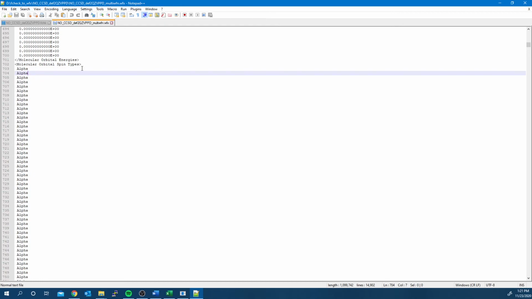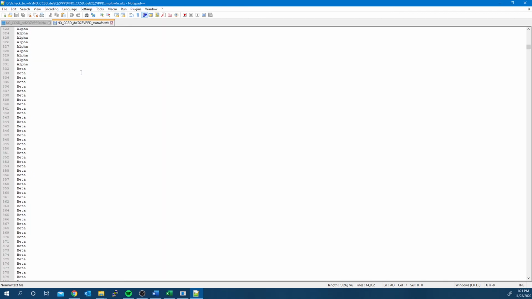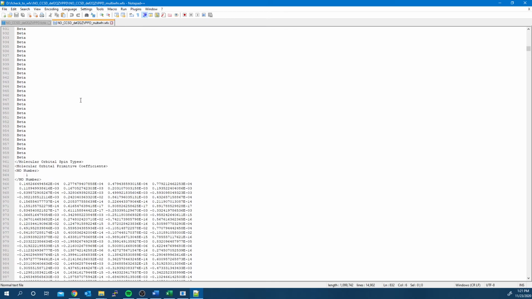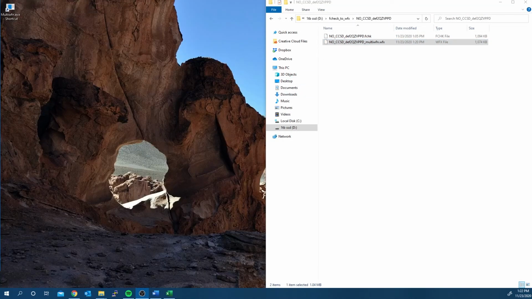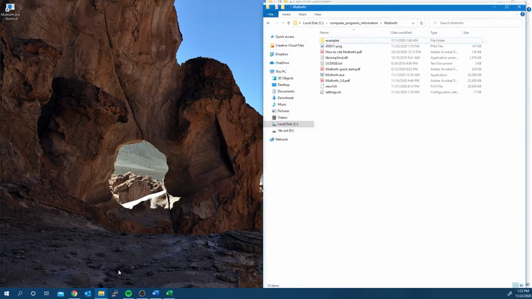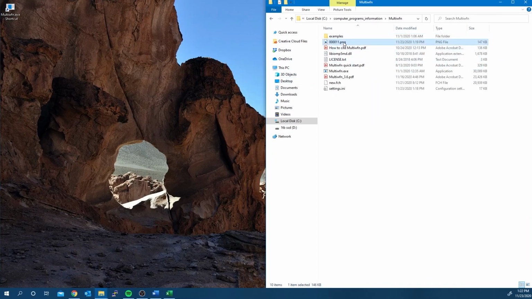Also, observe that in the occupations first is the alpha density and then the beta density matrix. Move this saved picture to the working directory.